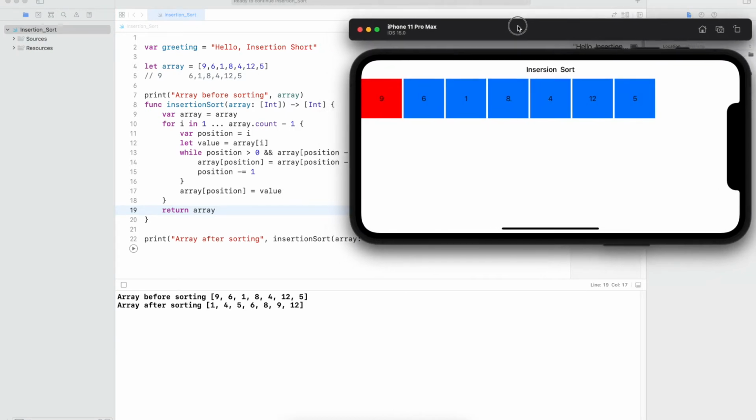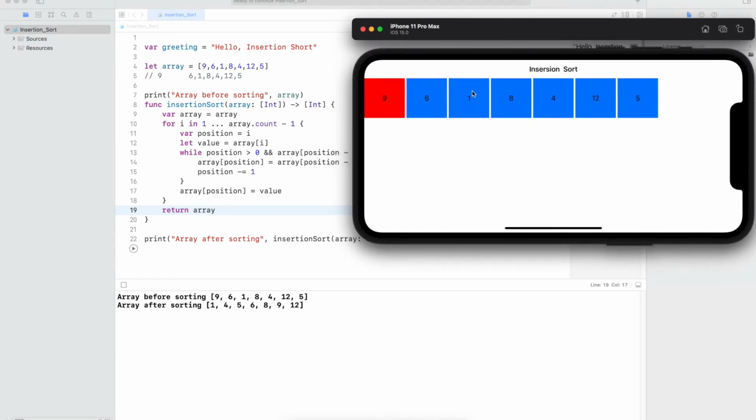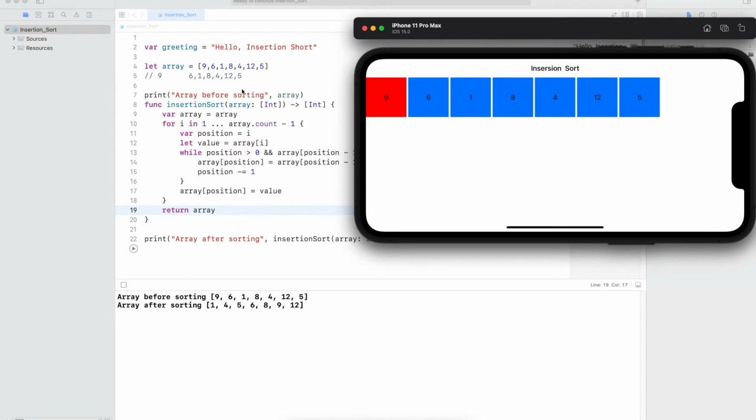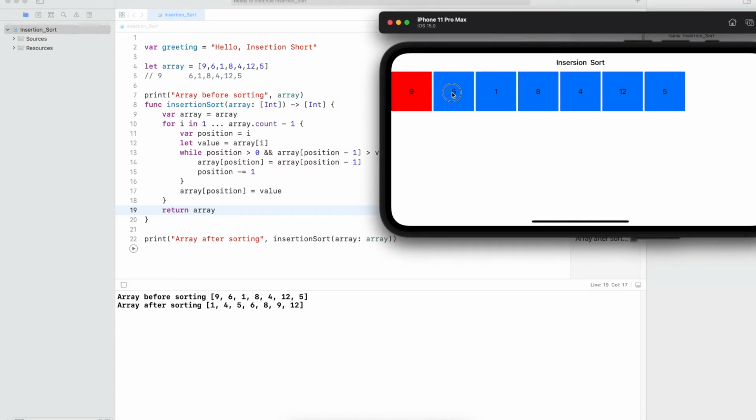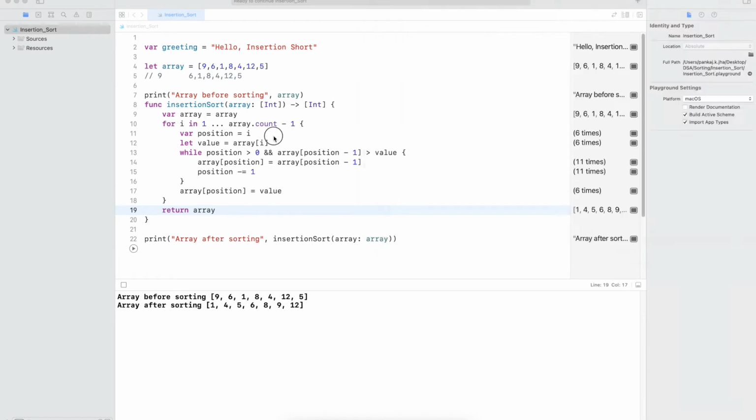Let me show you with this one. Right now, in the previous example, I reset the simulator. So now you see we'll compare 6 with 9. Currently the value of position is 1, and the value at position is 6.